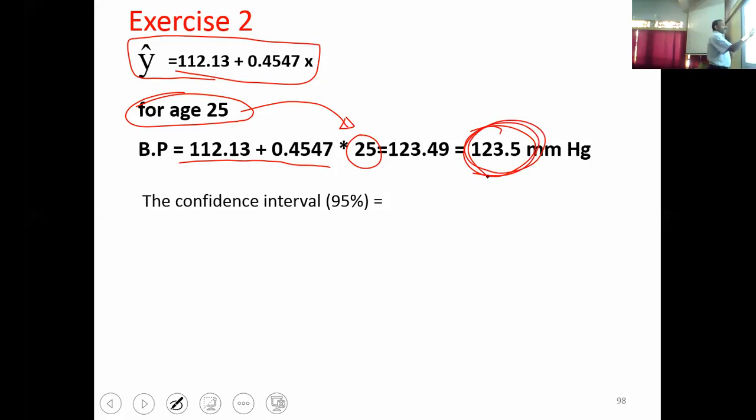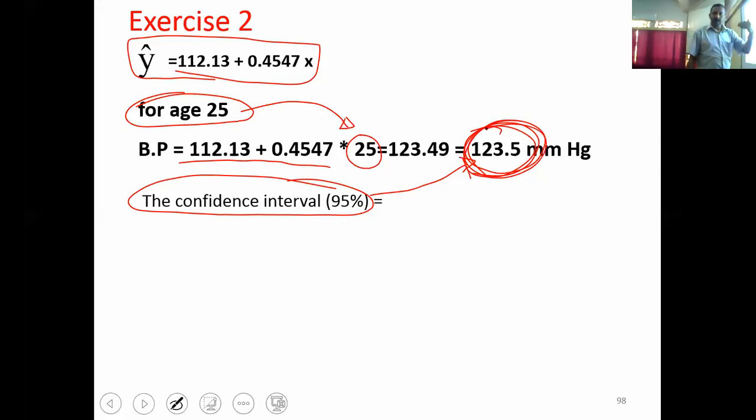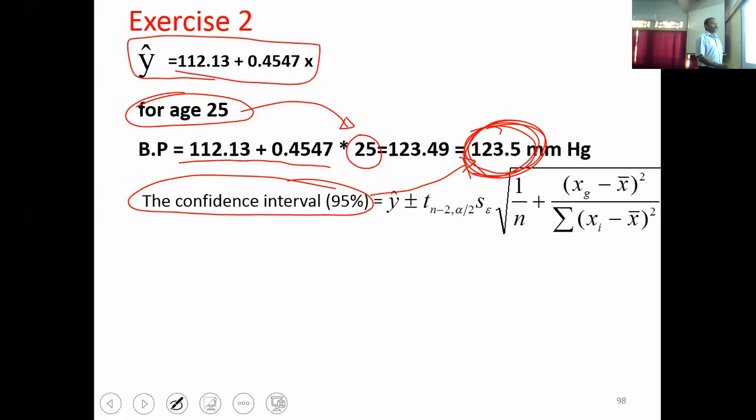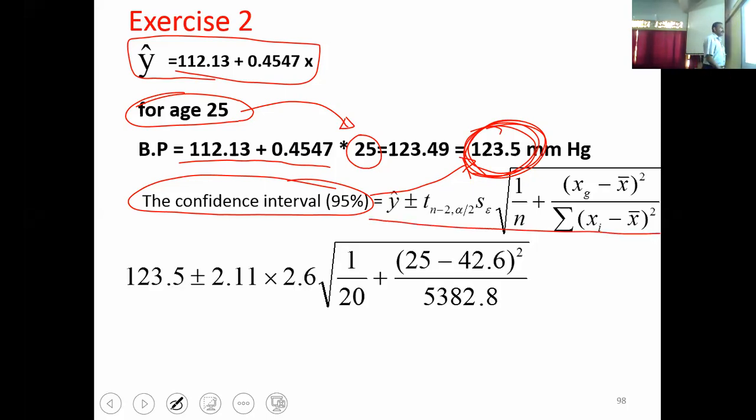So now I'm going to look at the confidence interval for this value. Because this one value we cannot just justify, we'll have to find out how we can say with 95% confidence that the blood pressure is ranging between two values for a given age, let's say 25. For that, we can use the same formula. Now we can substitute the value. The predicted value is 123.5 plus or minus